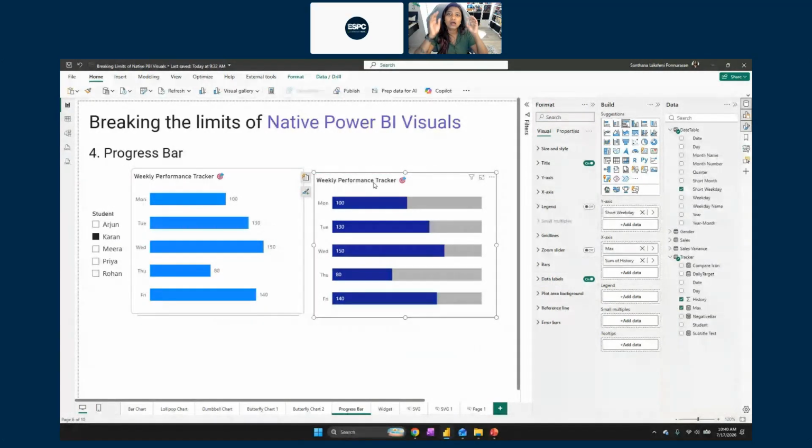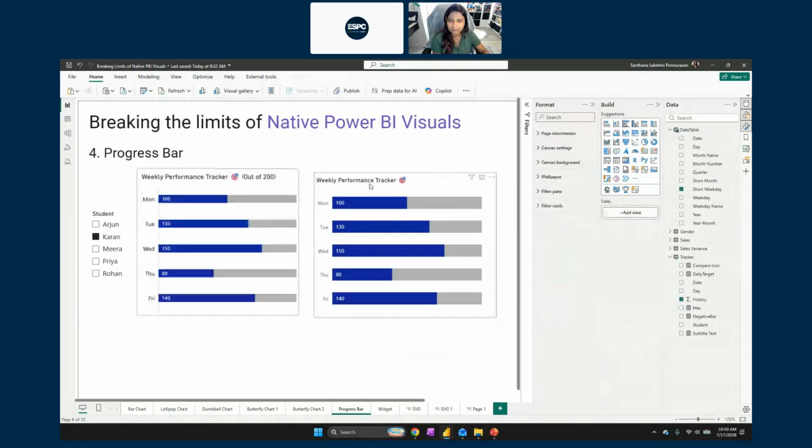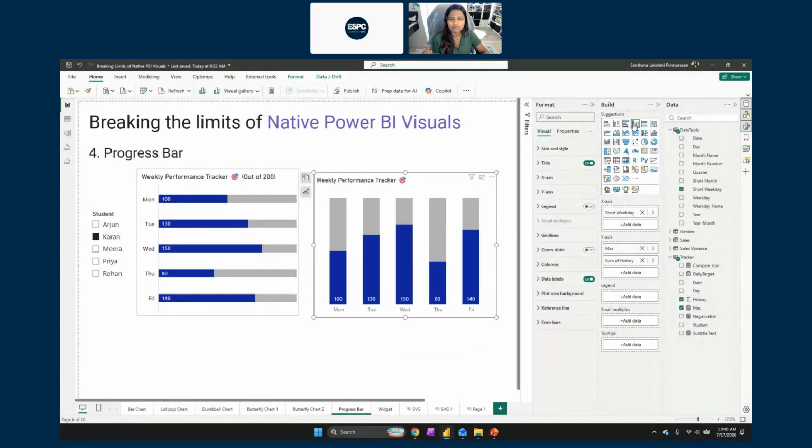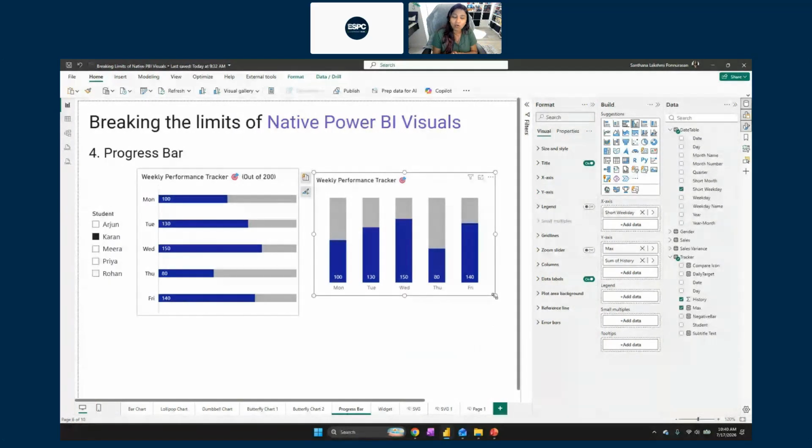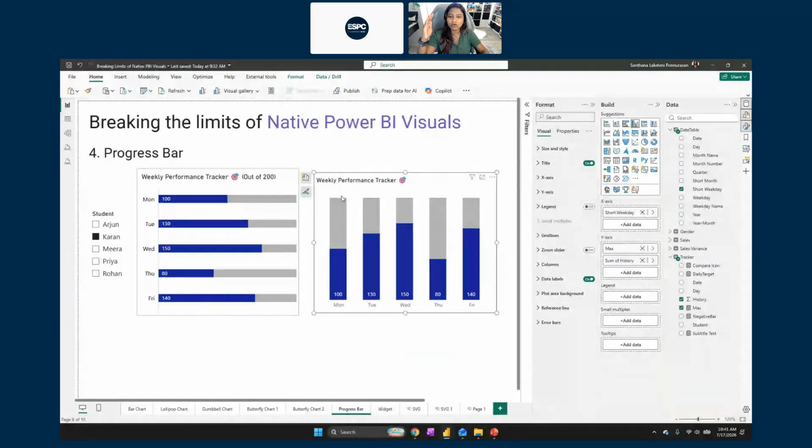Now, this works amazing with percentages. Again, since the nature of the data set is a little weird, I couldn't do it. But imagine you have 100 percentages and then you're going to show the percentage of each student, 20%, 40%, 50%, works really, really well. And you could even convert it in a vertical way. So say you are talking about temperatures, or you're talking about, you have certain goals. This is how you can show those. This is my goal and this is what I've achieved.